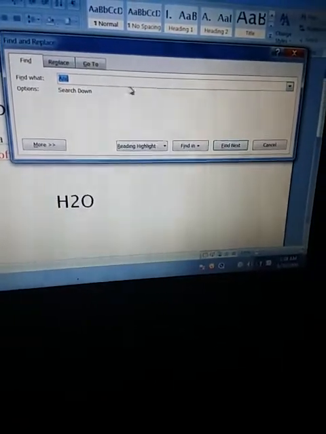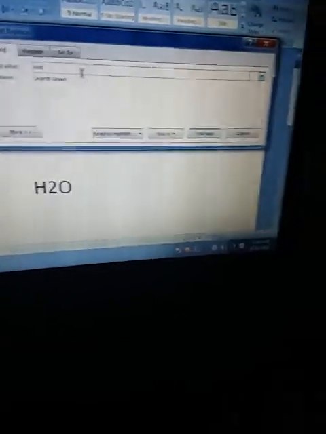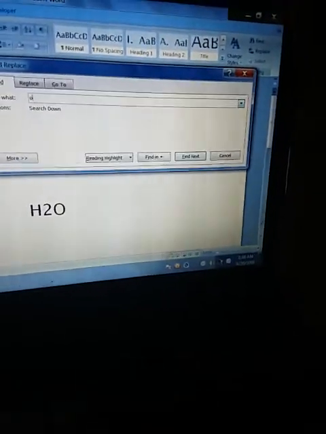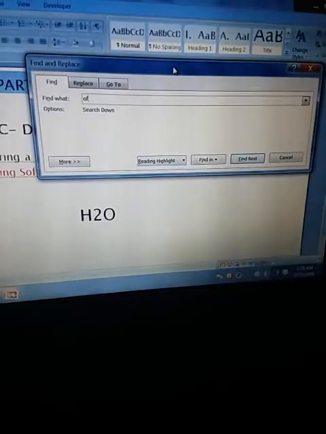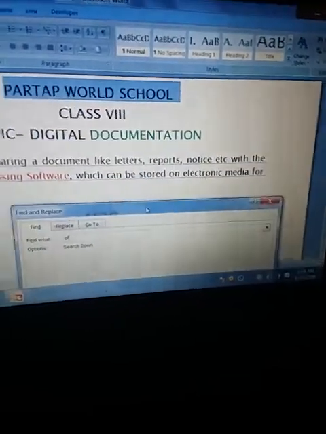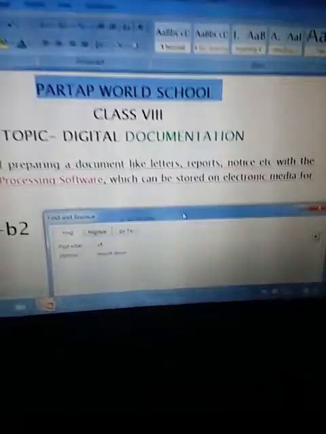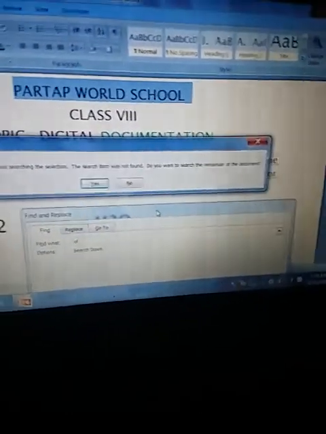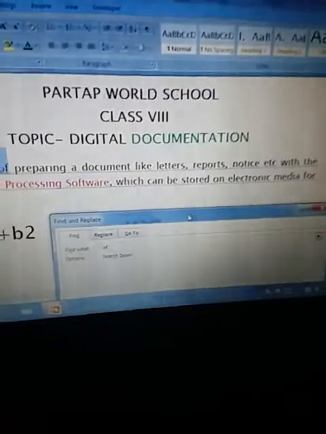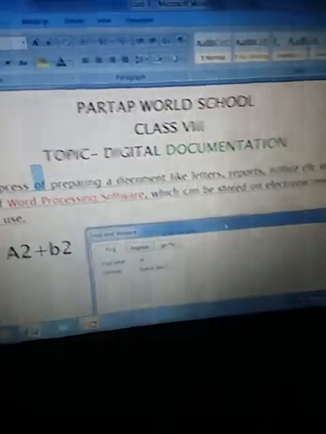Whatever word you want to find, write here. Suppose I want to find the word off. Write down off here and press enter. You can see how many times I have written off here. It will be highlighted with blue color.